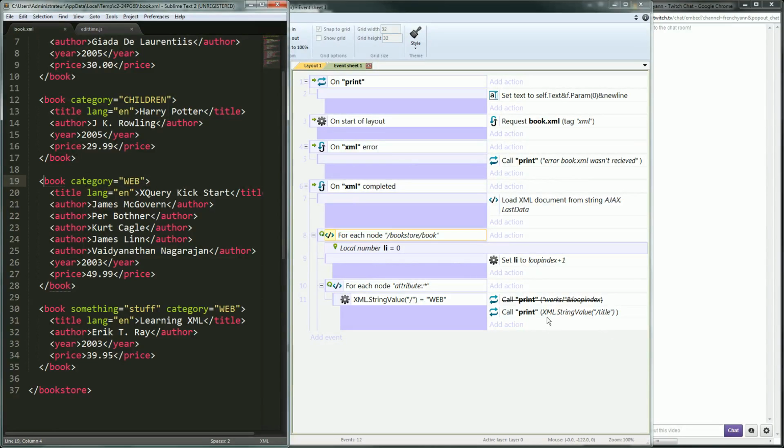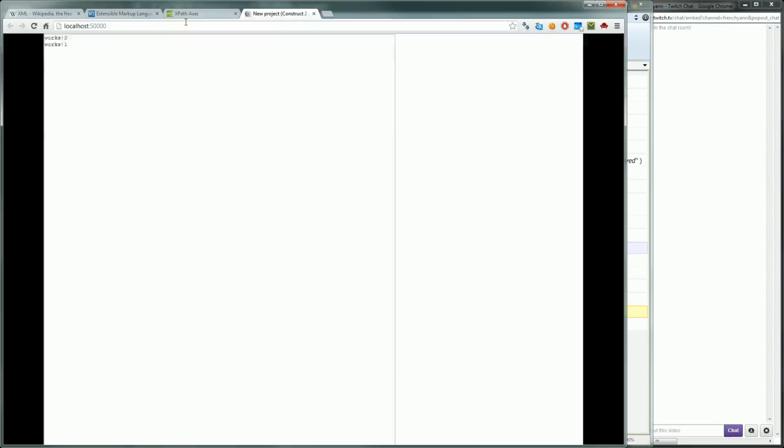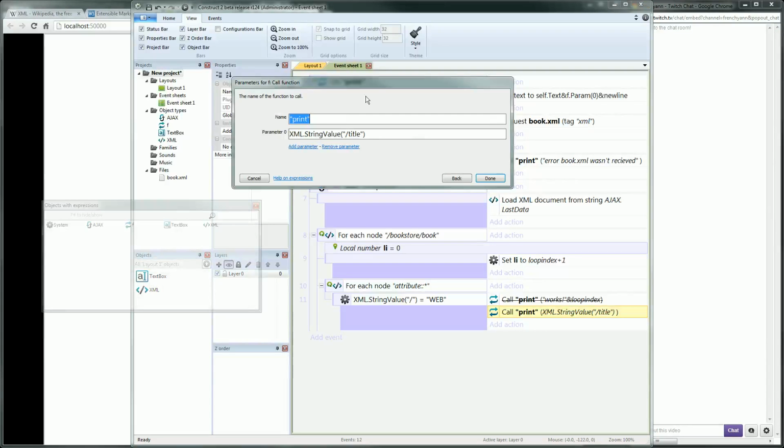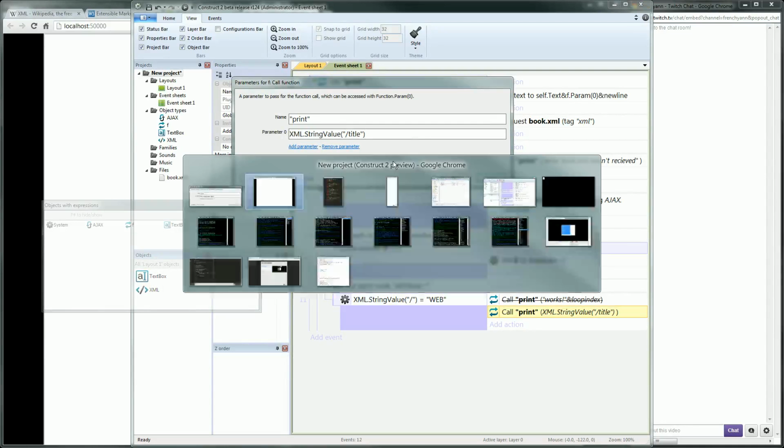I think the answer is no, and I think that won't work. What you have to do is, from here the root of the expression is the attribute node. The attribute node doesn't contain any title node. So you have to go back to the book node, and to do that